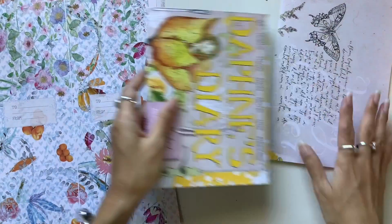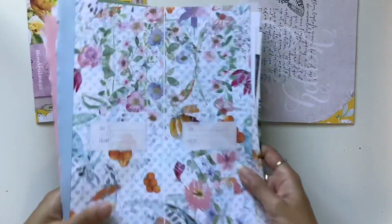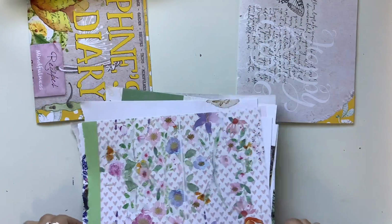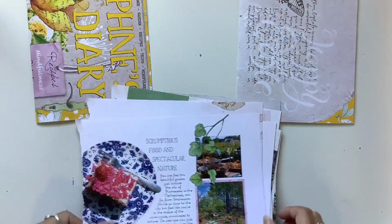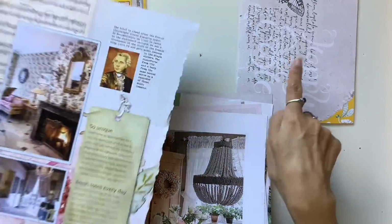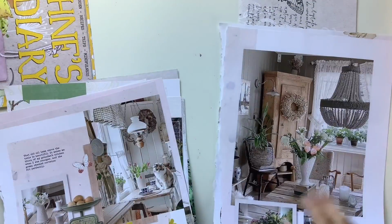So what I kind of do now is I put these covers in front of me and then I allocate which page goes to which cover based on the colors, based on the theme. I could do it totally random if I wanted, but I like going with a theme. So I'm just again looking through here and I haven't found any definites yet. I feel like this one is quite vintagey, so I'm going to put more of the vintage neutrals into that one. So these pages here,